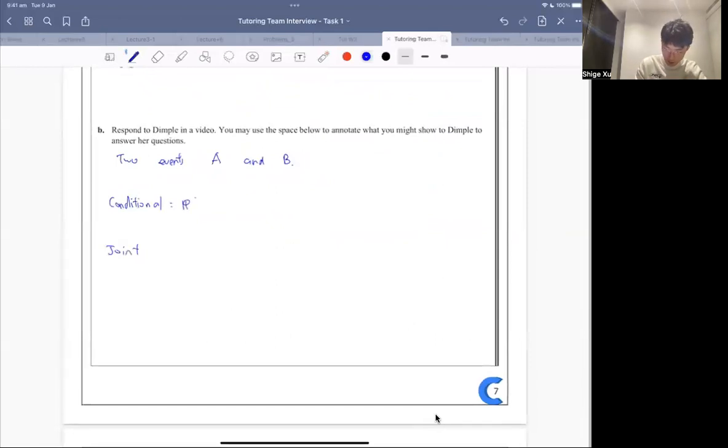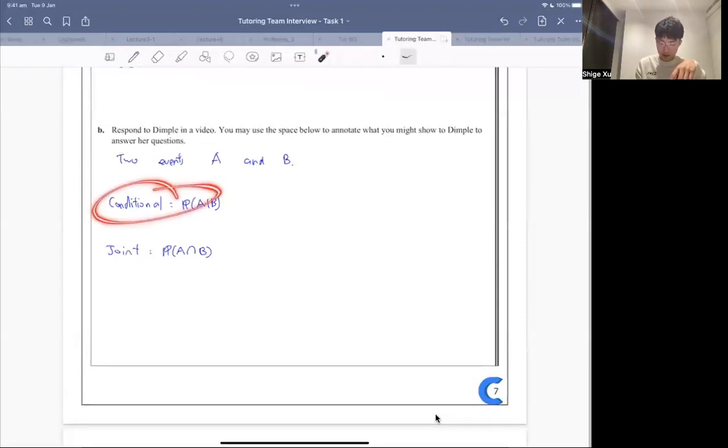Conditional probability is probability of A given B, and joint probability is probability of A intersection B. What's the difference? One event is certain for conditional probability, and two events are uncertain for joint probability. Both probabilities want A and B to occur